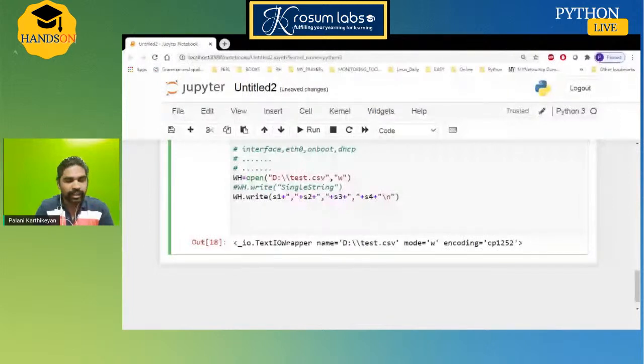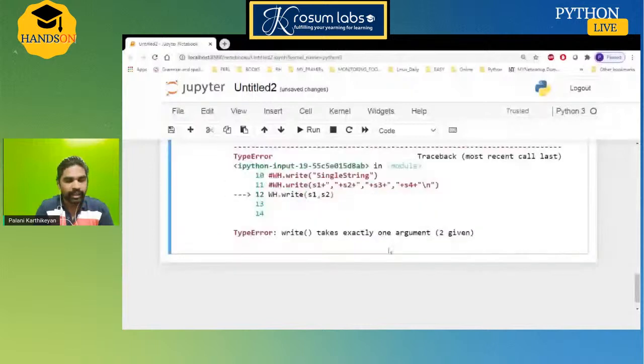This is a single string. If you don't use the concatenate plus operator, this process will throw an error message. If you want, I will show you in testing. The wh.write function takes exactly one argument, but I gave two arguments.